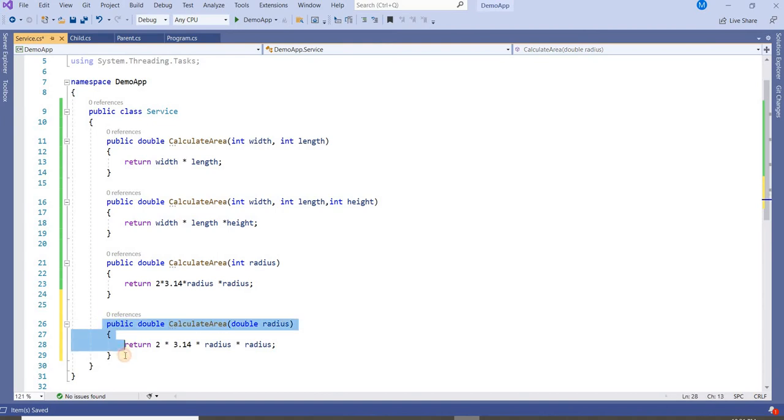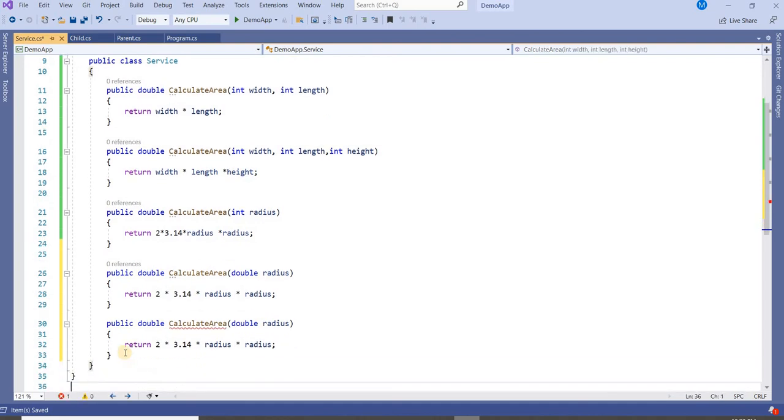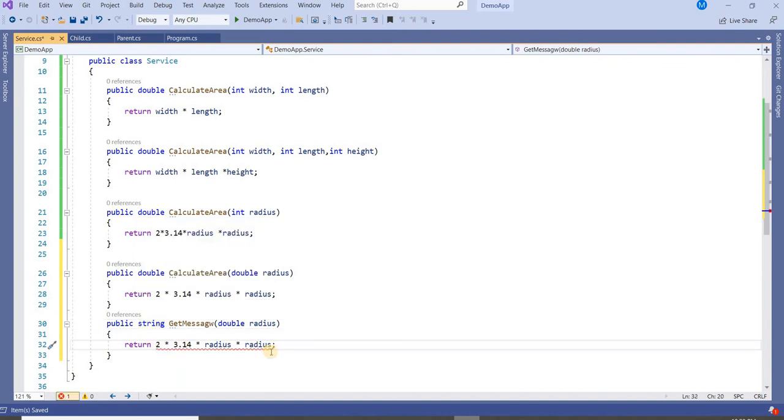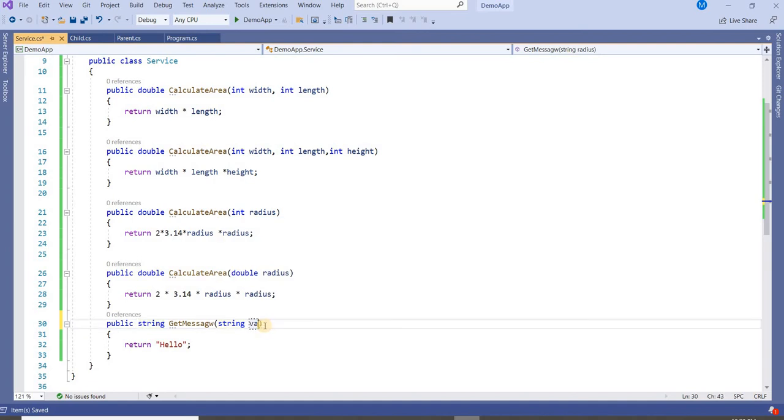Now another way maybe here, let me take some integer method here, and another method here which will return some string value. It is returning something like this, just a hello. Now we are taking a string variable here, let's say var1.